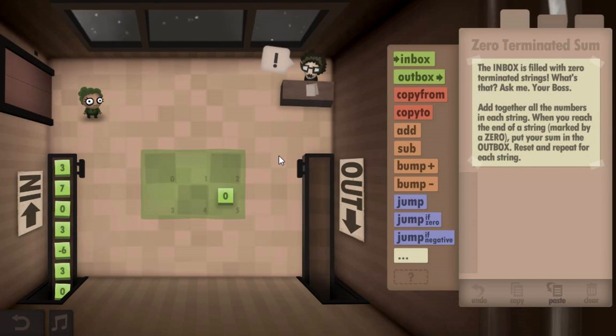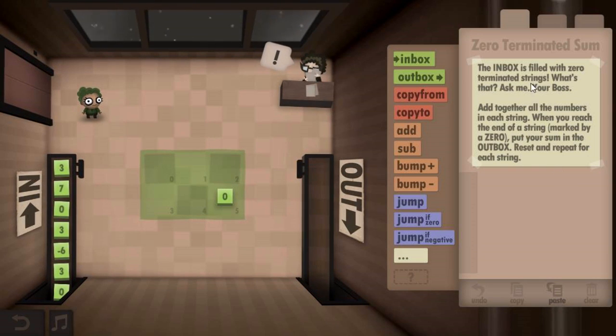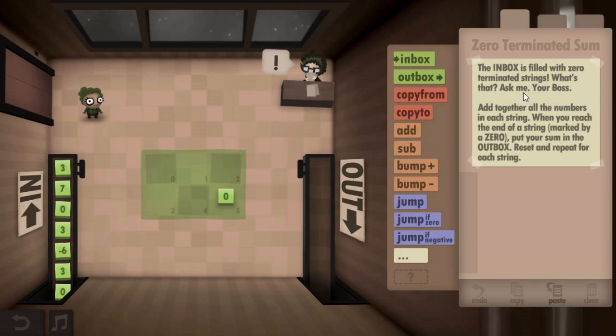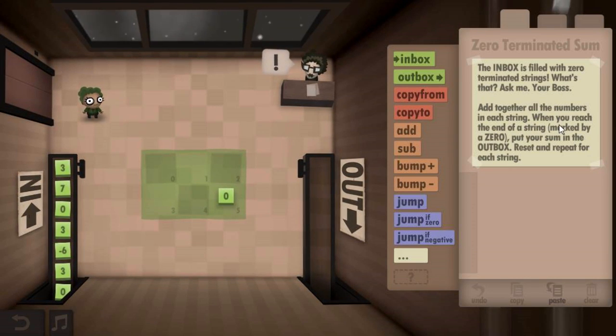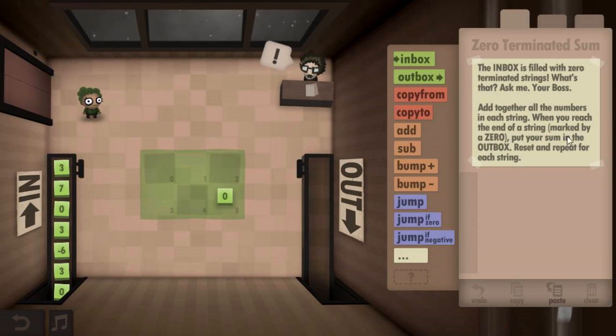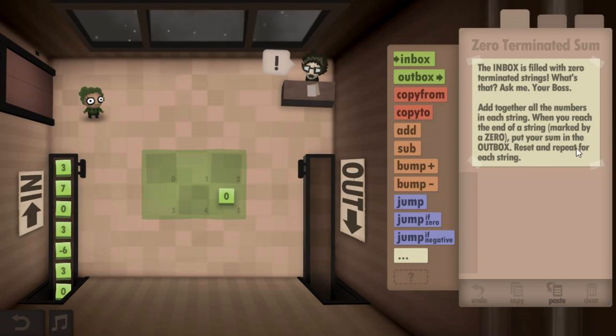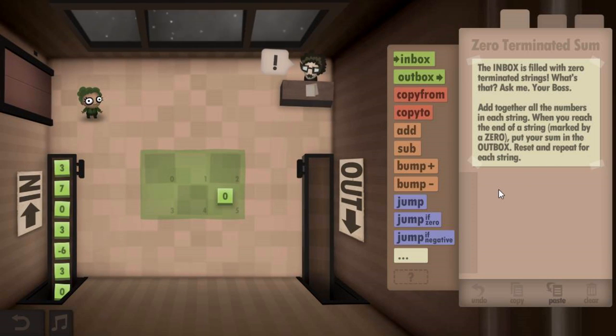Okay, I happen to know what a zero-terminated string is, and it's also explained here, I guess. The inbox is filled with zero-terminated strings. What's that? Ask me, your boss. Add together all the numbers in each string. When you reach the end of a string marked by a zero, put your sum in the outbox, reset and repeat for each string. Okay, so